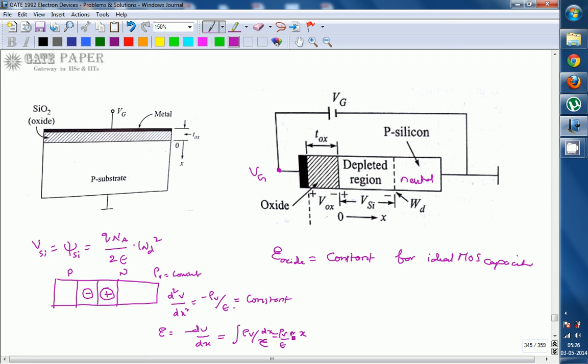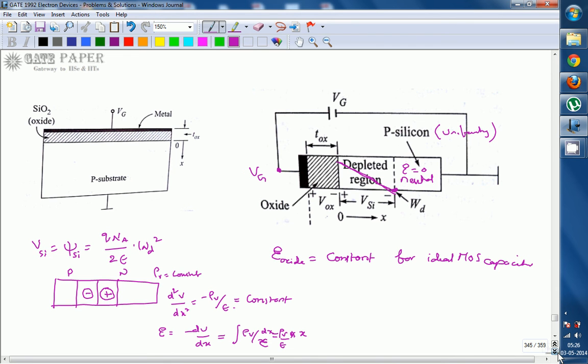So this can be written in this way. Here also we assume a depletion region, and this p-type silicon is uniformly doped. Then the electric field in the neutral region is zero, and in the depletion region it is decreasing linearly, like this towards this point. The electric field varies linearly with distance. Now we are going with the horizontal scale, so x is in this way.